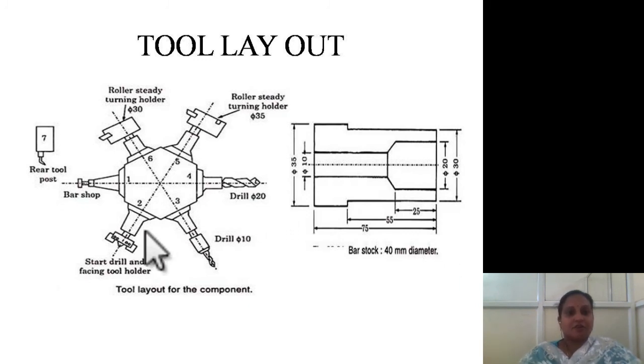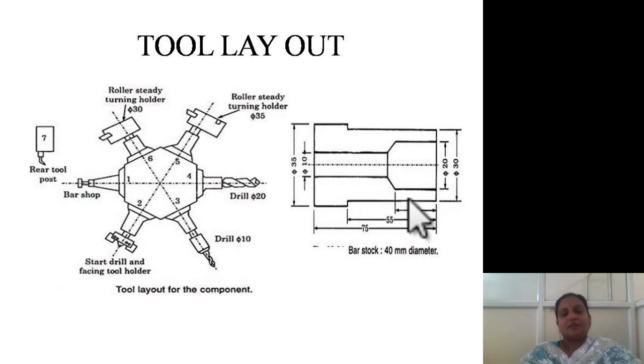So here, this is the shape of turret which you have over the lathe. Here we'll give the sequence 1, 2, 3, 4, 5, 6. It's not mandatory that you will have 6. We have larger machines where you have a larger capacity of tools. So here we'll keep all the tools over here, and now if you want to perform some operation like this, and you want a diameter of 10, you have a drill of diameter 10. So in order to perform this operation, we select tool 3.